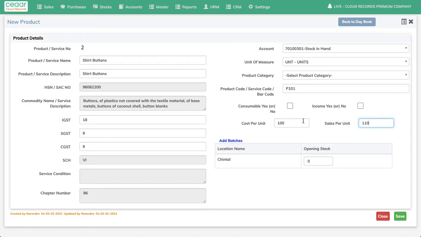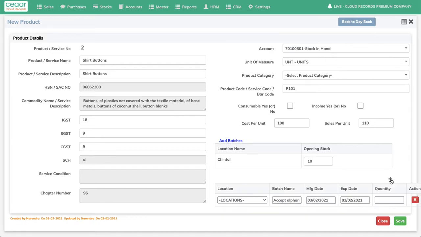If we select at the time of registering our company in CR that we need product batches, we have to maintain the product batches. Now I'll show you how this has to be done. For example, I have this particular product, 10 quantity. If there are more than one location, all the locations get listed here. Now I am adding batches. To add batches, I have to click on add batches and select this plus icon. Now I have only one location that comes up here.